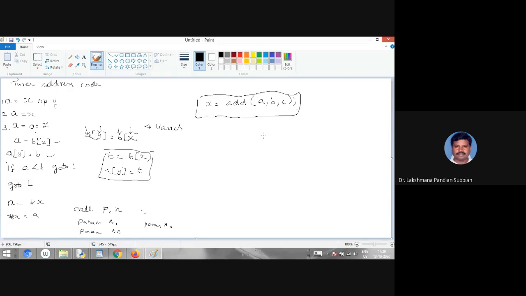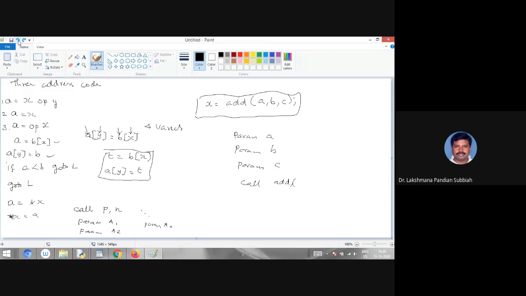Then how do you convert that? The first is param a, the next is param b, the next is param c. Then you have to make the function call: call add, 3, that is, add with 3 variables.